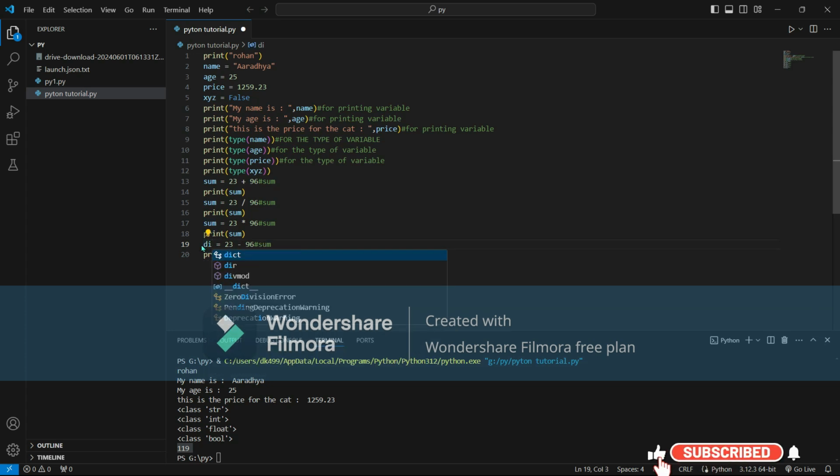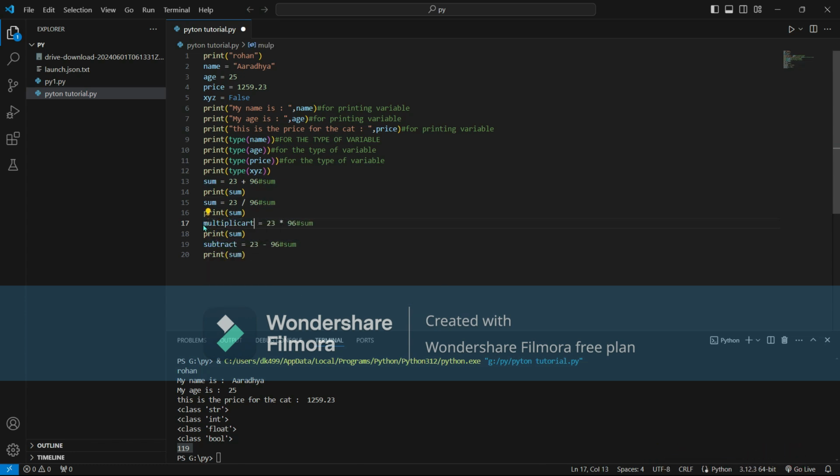I will write this first, subtract, multiplication, division, and change this also.